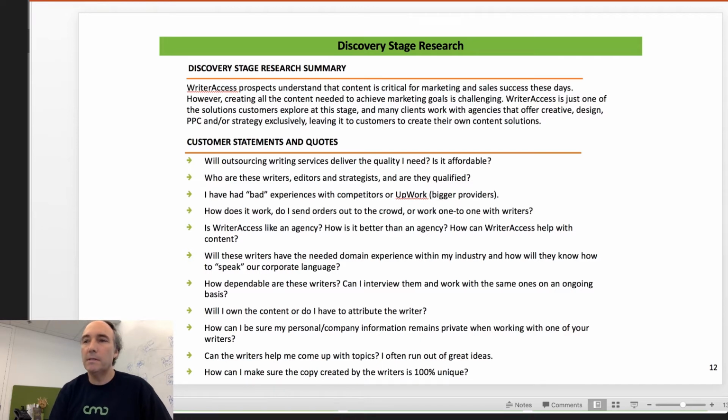Here you see a Writer Access example that gives you a pretty good understanding of what we try to do when we develop documentation for the discovery stage. We're making the case, if you will, and documenting what our customers are thinking and feeling at this stage. They're craving information. They want to learn how to outsource content. They're exploring the options. And what we do is we actually try to get exact quotes from our sales reps and our customer success reps of what they're experiencing when they're interacting with customers. This helps a writer tremendously understand, and be more empathetic to, what the pain points are.